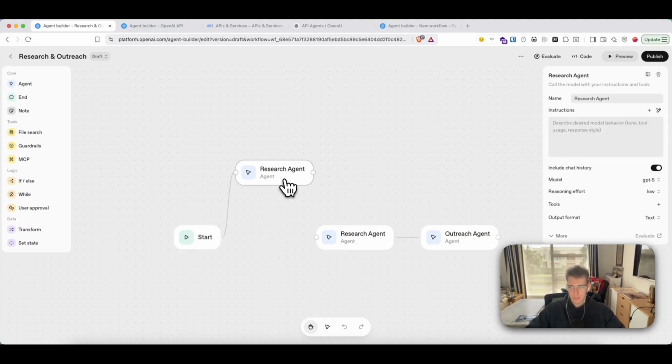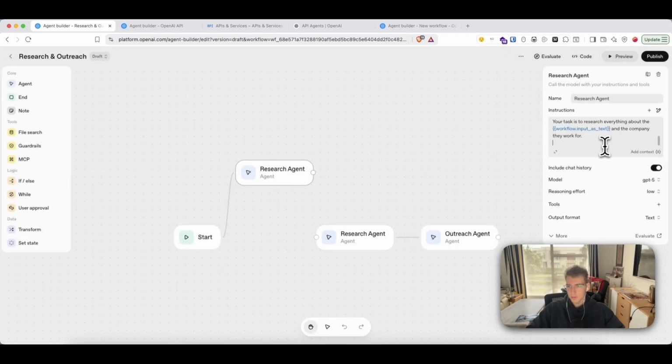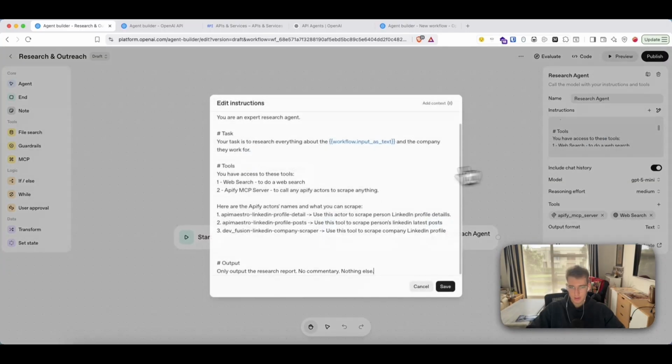If I just copy this, and you can't expand this window, unfortunately. Let me copy line by line: role, you're an expert research agent. Then the task is to research everything about the workflow as input. If you don't want to write it down, you can also click add in context, copy that. It'll populate it straight away, and then you can use it as a variable within your instructions. So you research everything about the information about the lead and the company they work for. Awesome. And then next step, we're going to give it access to the tools